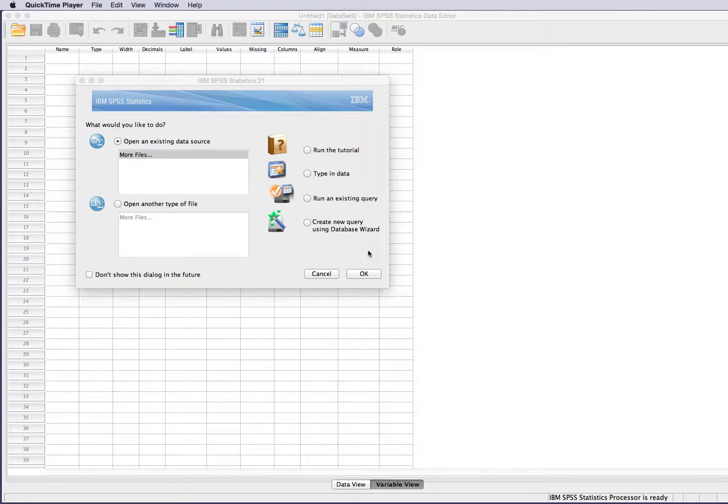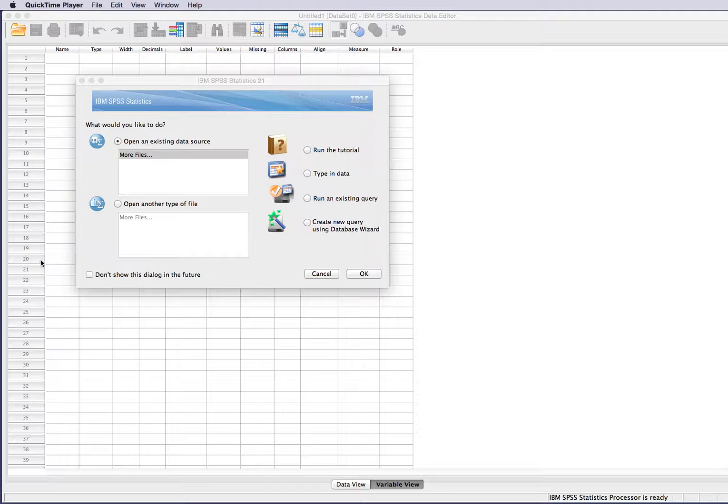This is going to be our very first tutorial. It's going to be a quick one, since the longer the video becomes, it is very hard to upload it to Titanium. So let's get started. I just double click on the SPSS icon, I open the software, and as you can see,